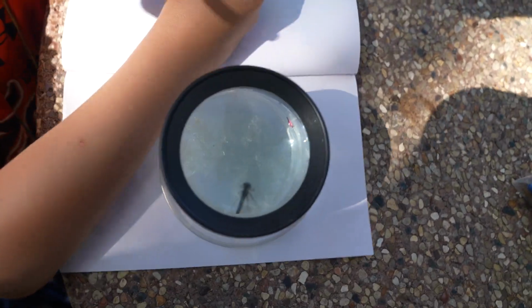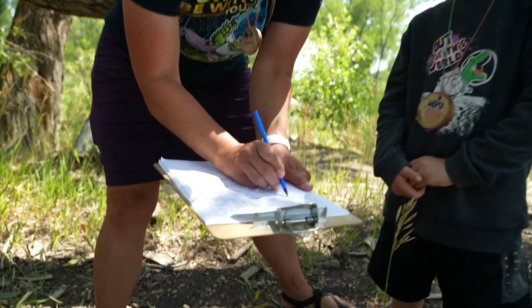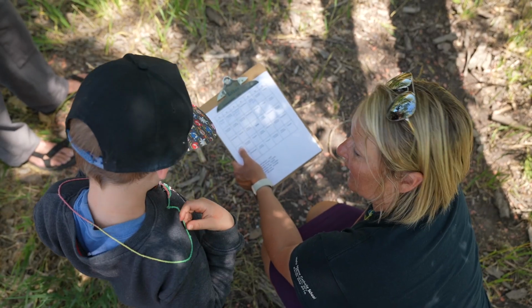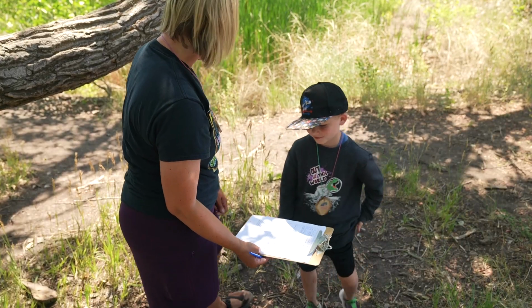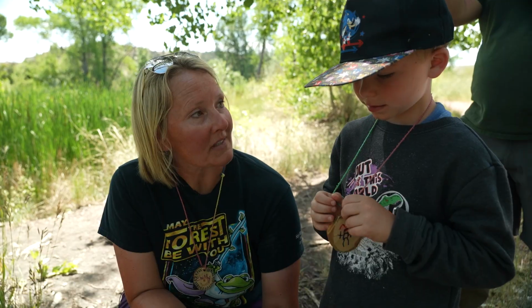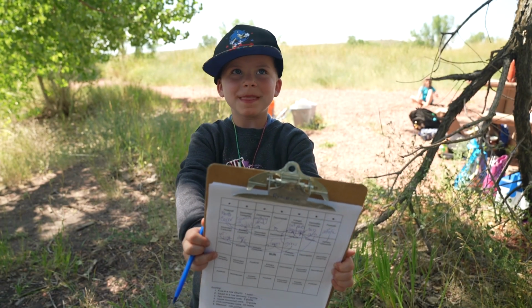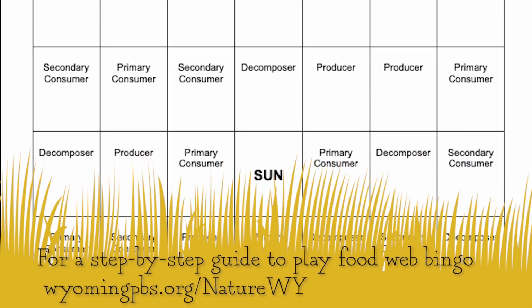You may not have 10 friends around to help you build a food web out of string, but you could play food web bingo all on your own. First, can you find a plant? Oh, yes. What else might eat grass? Deer. Yes, okay. Deer would eat grass. Something that eats meat. What eats meat? Like a T-Rex. A T-Rex, absolutely. Bingo! To learn how to play food web bingo, find our activity guide at